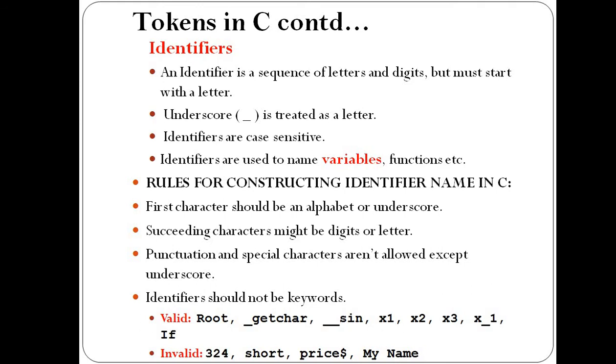That is called an identifier token in C. So that's why we cannot use reserved keywords for identifiers. An identifier's basic purpose is to give a name to variables and functions. So what are the valid identifiers?